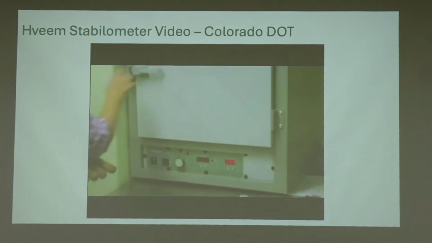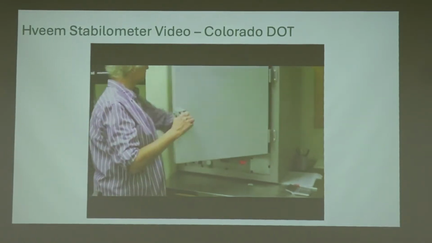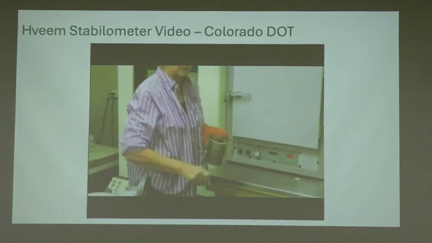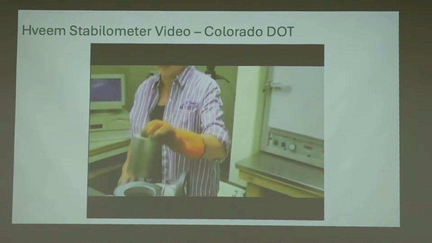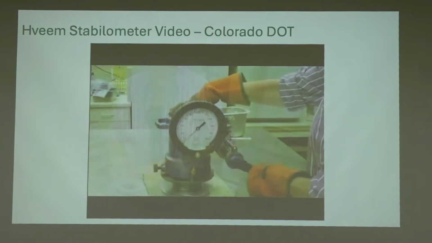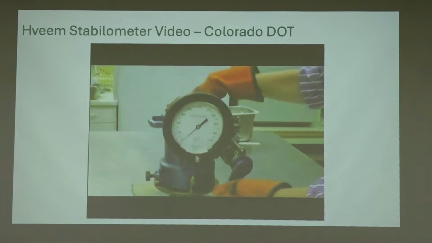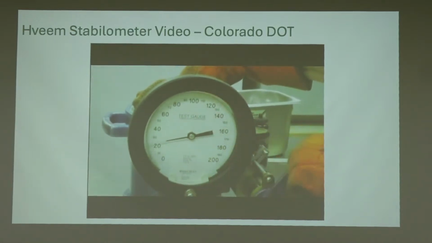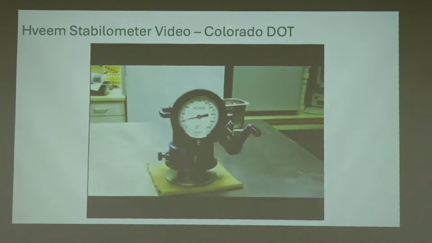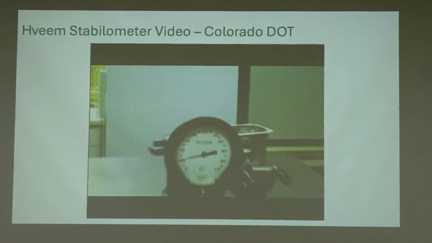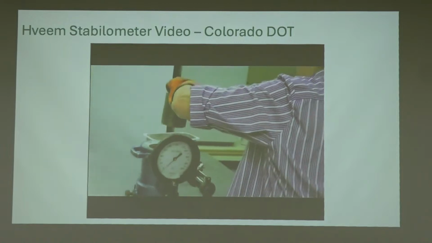Okay, once you've taken that measurement, you're going to be taking the thick-walled cylinder out of the oven, called the follower, placing it into the stabilometer, and then you'll be turning the horizontal pressure up to 20 psi, and then you will allow it to stabilize. While it's stabilizing, it's heating the oil in the bladder. Once it has stopped moving, you're going to take the follower out,